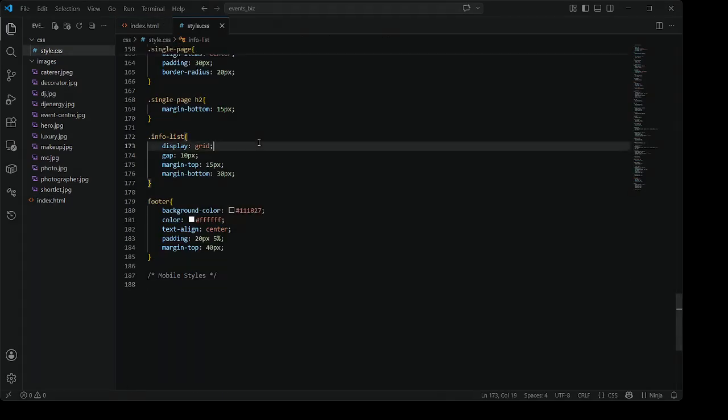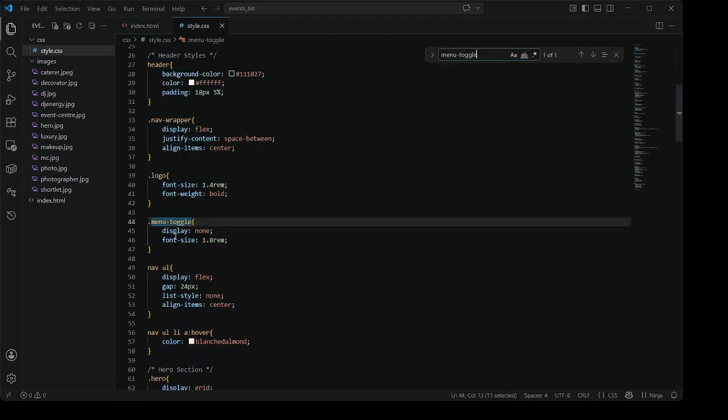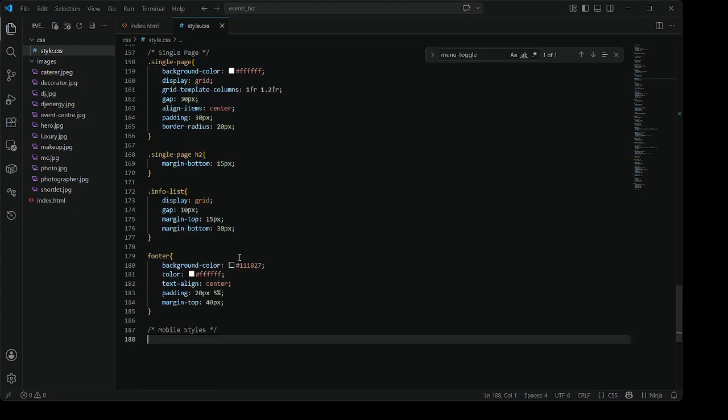Go to our CSS and search. And so we said it should display none. That was what it should display. So that's for large screen and for everything. So what we now do,